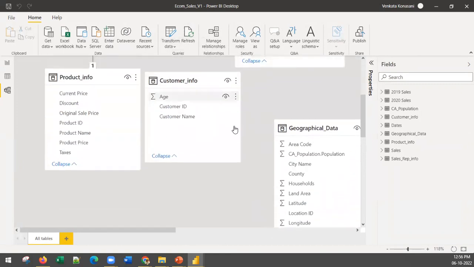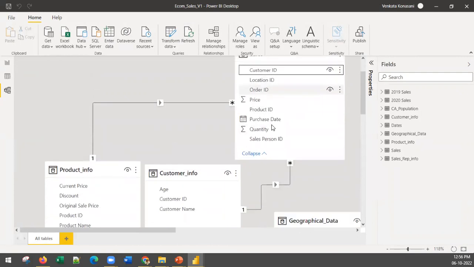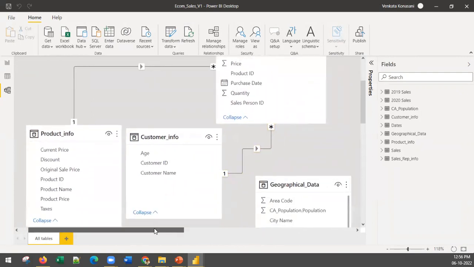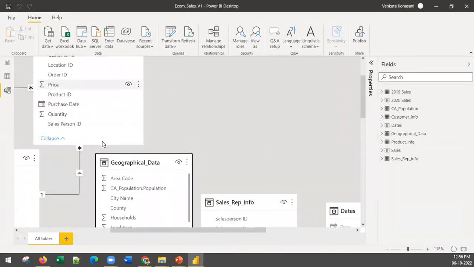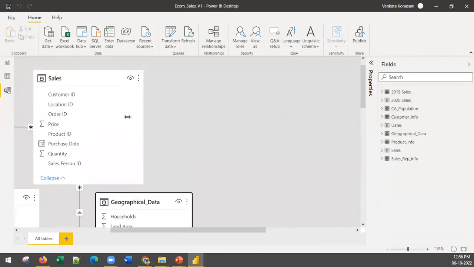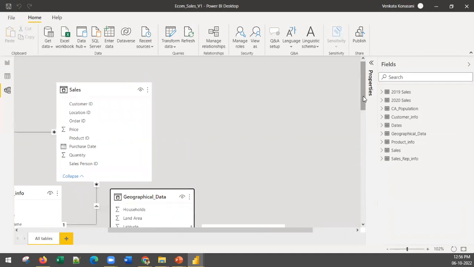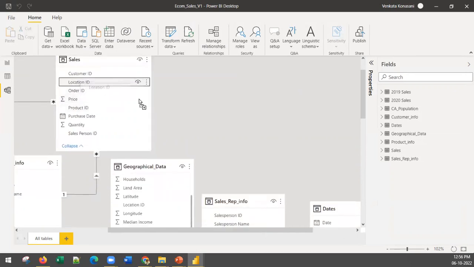Let me drag it now carefully. Yep. So customer ID. One customer ID over here is connected to multiple customer IDs because one customer can make multiple purchases. Then geographical data. What I'll do is location ID, and there is some location ID here as well. So location ID versus location ID is what I'm going to do. Okay. So take this location ID and then let me just zoom out a little bit. Yep. Maybe this one I'll take it a little up and over,